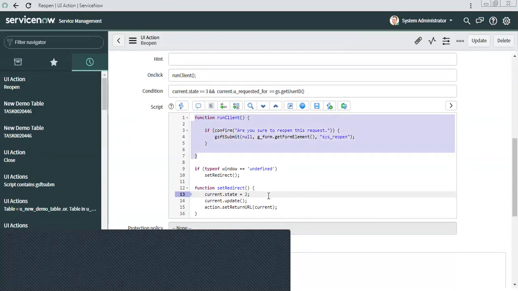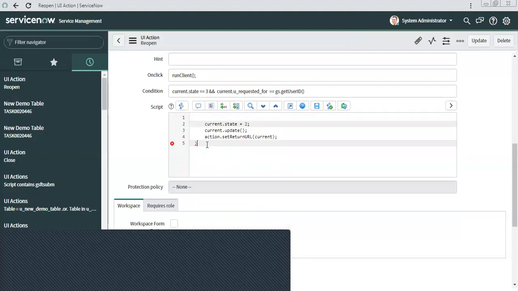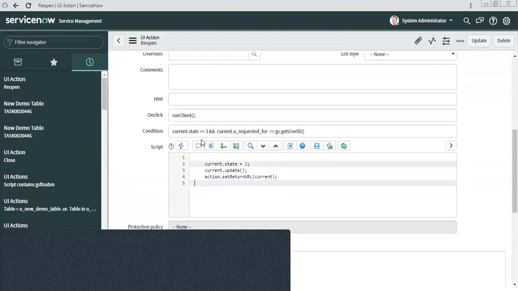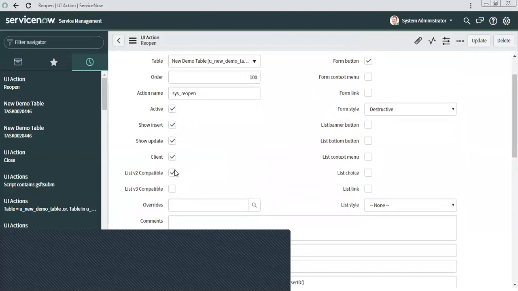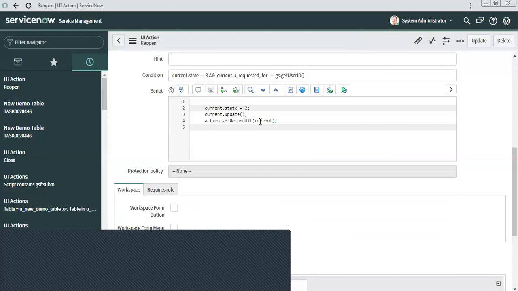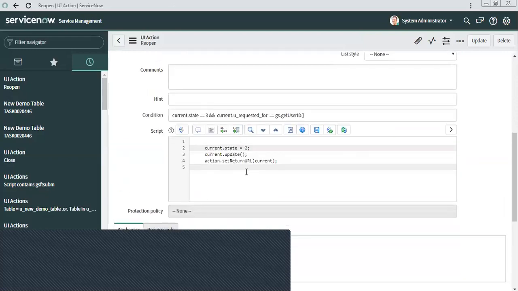If you remember previously what we were doing, our ticket was going from complete to in progress, right? This was what the code was, and this is server side. Even this is not there, so this is doing the job perfectly.